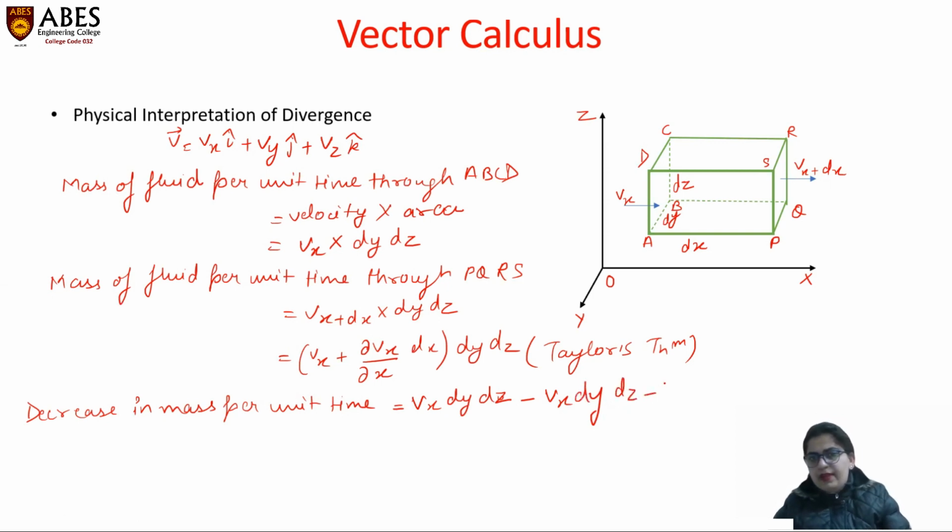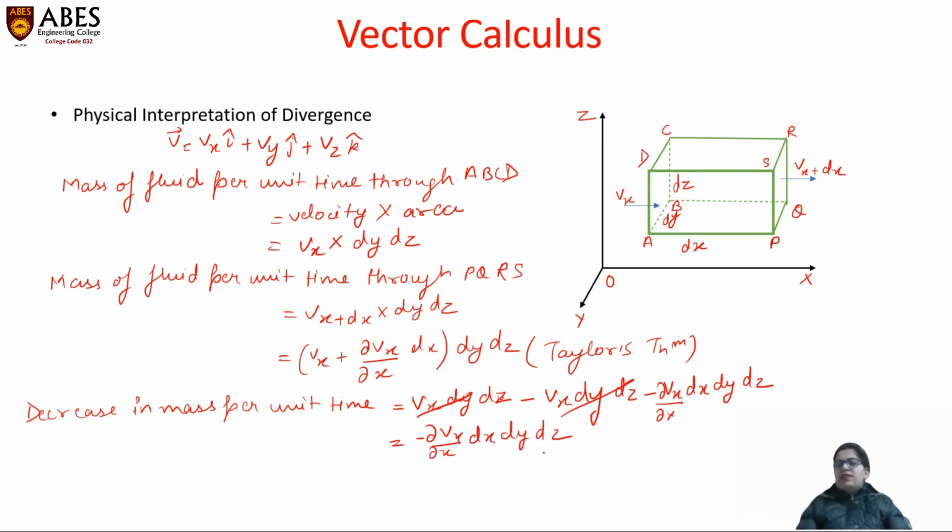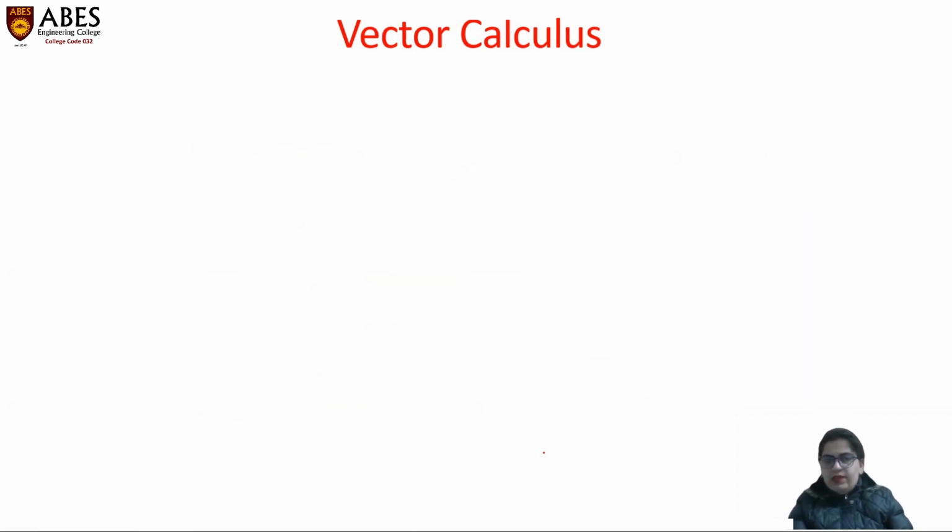Into dz minus del over del x Vx dx dy dz. So this component will cancel out and we will be only left with the negative of Vx dx dy dz. This negative sign is indicating the loss of mass and nothing else. So the decrease in mass